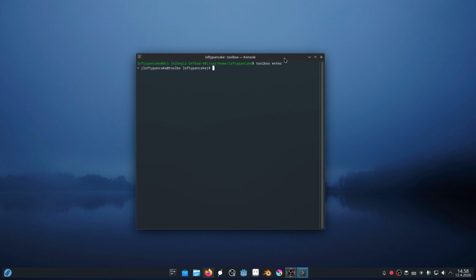And here I am inside my container, inside my toolbox. Now I can do a sudo dnf install